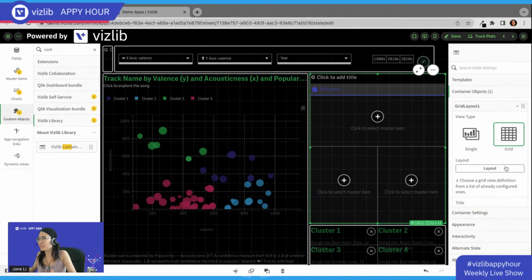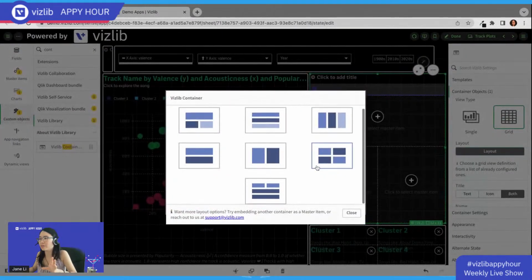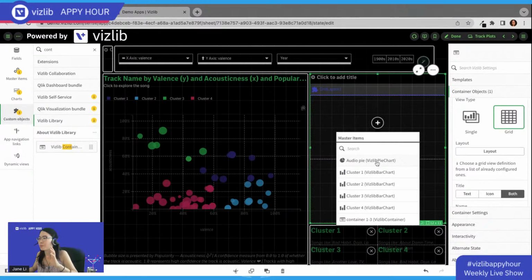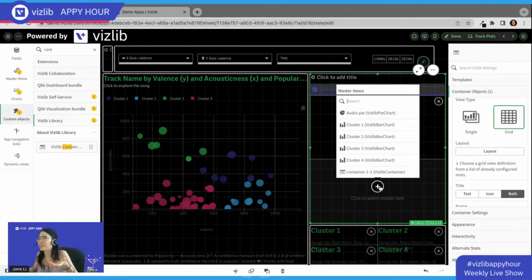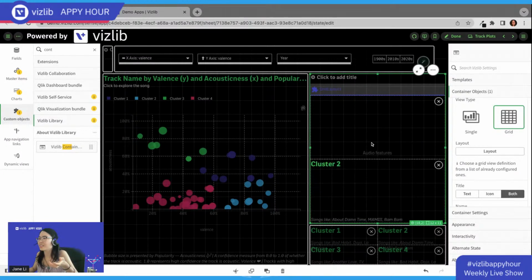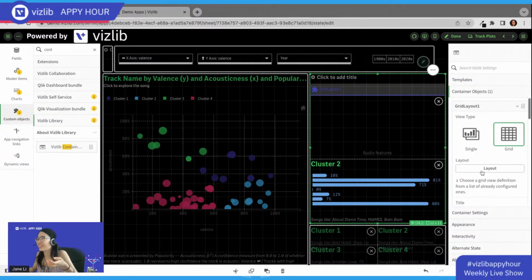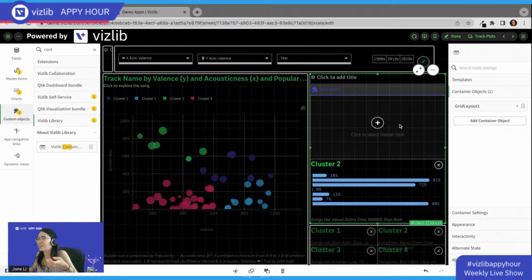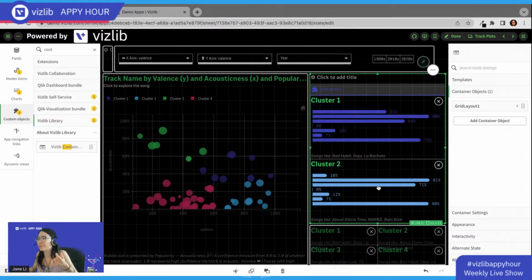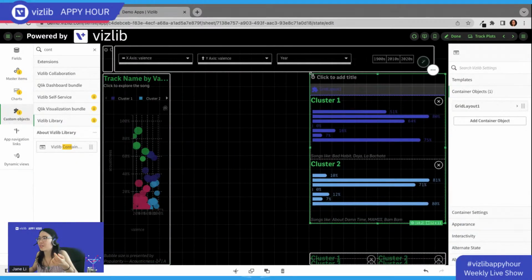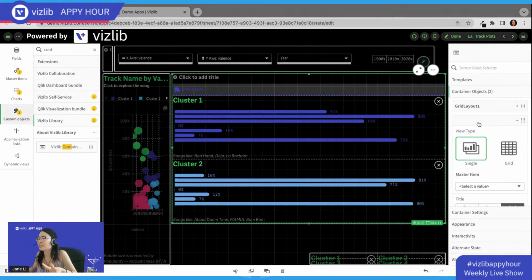So you can choose a grid and you can change the layout of the grid. For this one, I'll just say 2, so we'll make it really quick. Actually, I'll throw in a pie chart and cluster 2. Pie chart does not work with this. Let me change this to cluster 1. All right, perfect. So you've got this, and you can add another container object, single item, and I called it